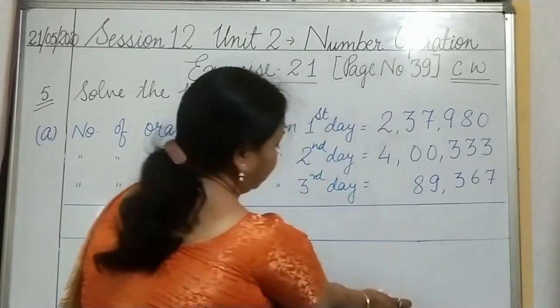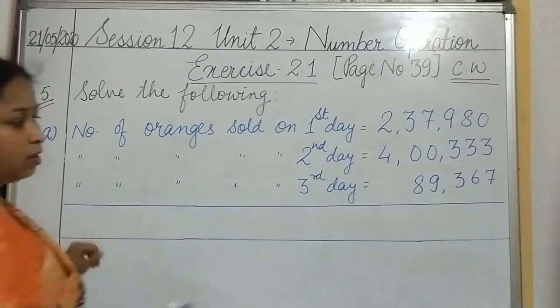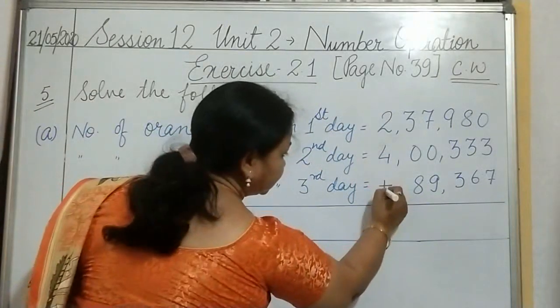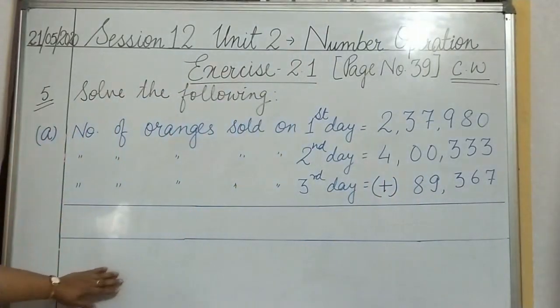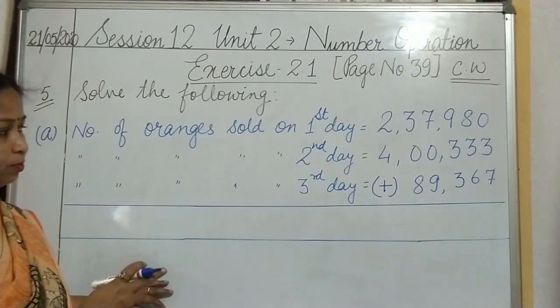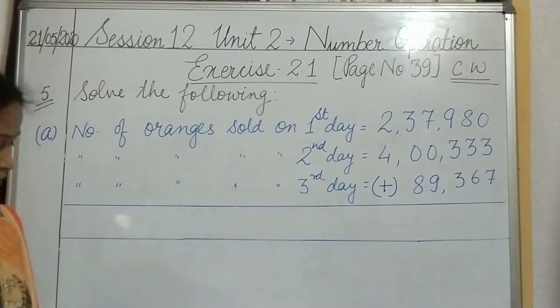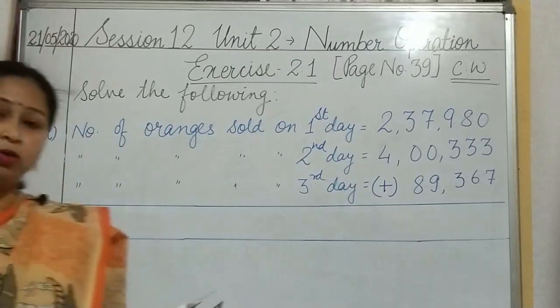Okay. What we have to do? We have to find out the total sum. So for that I need the symbol of plus. Whenever you are solving the statement problem or whatever question you are opting for, do not forget to put the symbol. Okay. Done. The final statement. And how to get the final statement? You can get it from your question itself.